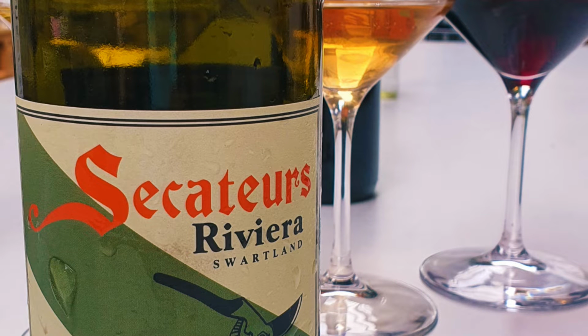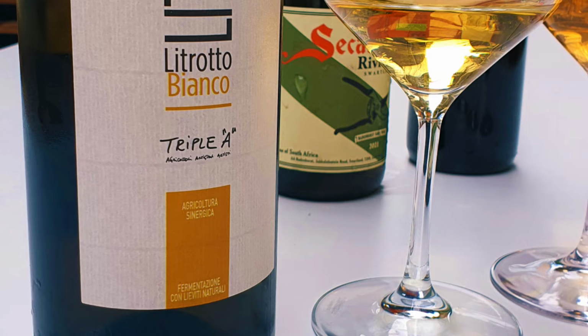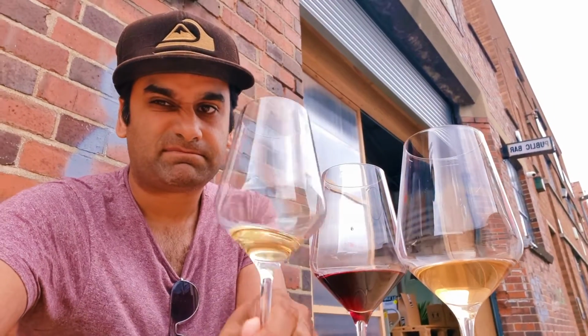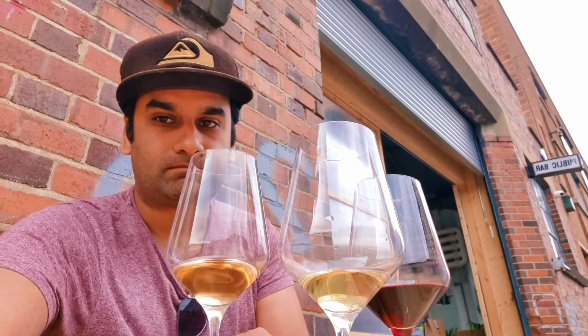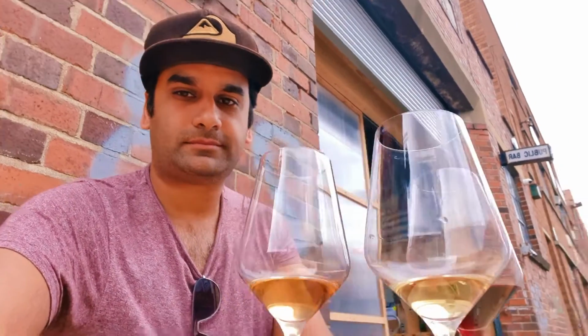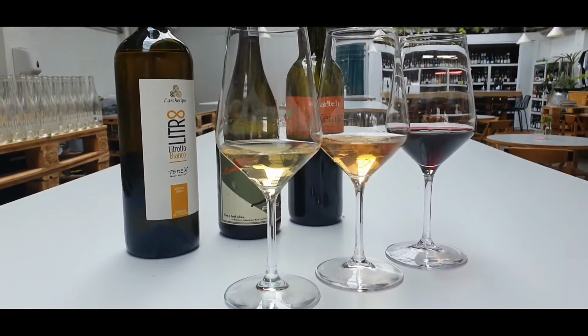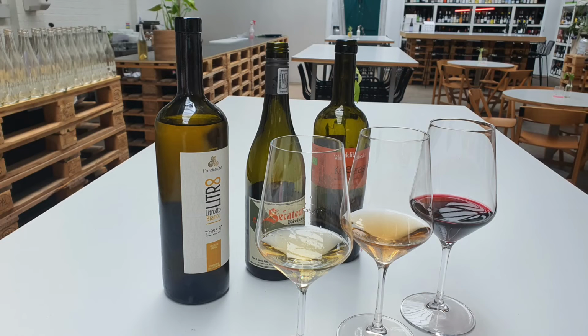I have tried natural wines before, but I wanted to see what these guys had on offer. And it was a really lovely day. But it has to be said, I wasn't impressed with any of the wines. I thought that they had some really impressive noses to them, and they seemed to have some really quite unique smells to them. But overall, when it came to the flavour profile, it really was just linear, crisp, clean, and